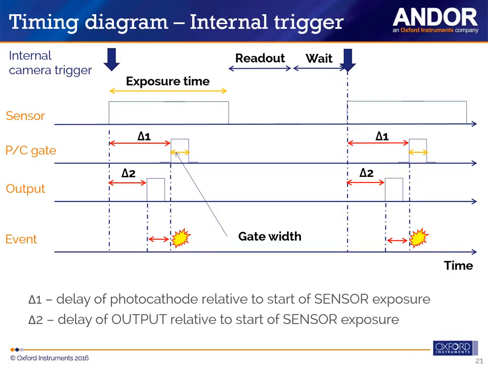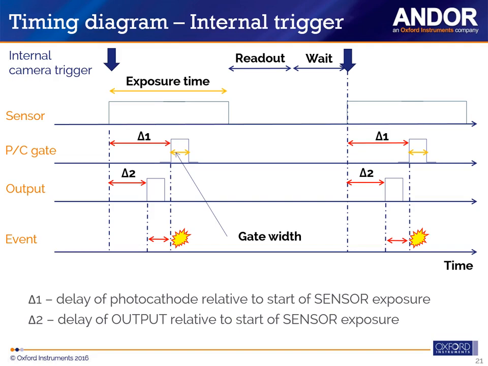Let's look at some of the typical timing diagrams for ICCDs, and let's focus on the scenario where the camera is used as a master and is internally triggered. The graph here shows, at the top left, an internal camera trigger starting the experiment. The start of the experiment would basically mean that the sensor starts to expose. The photocathode gate can then be delayed very accurately to match when an event, shown at the bottom here, will